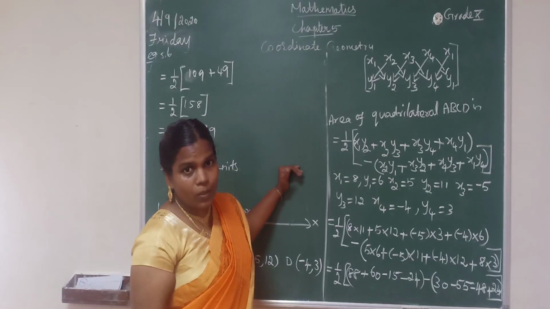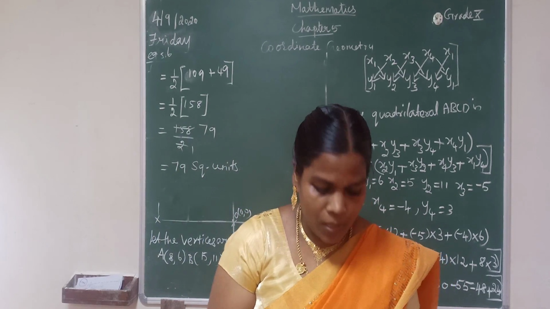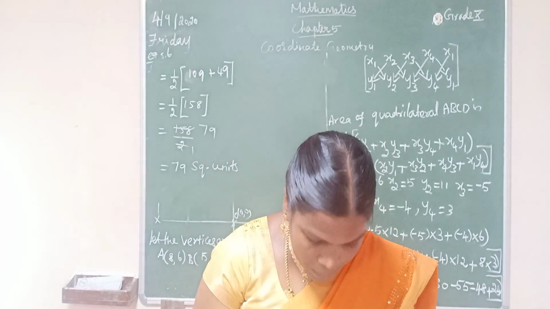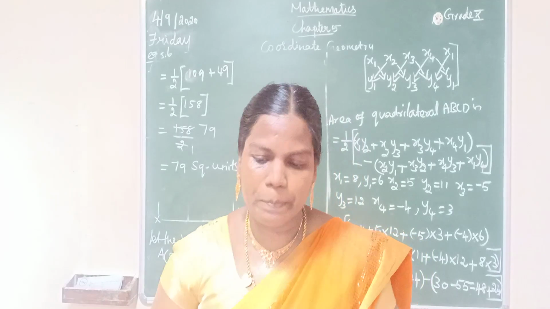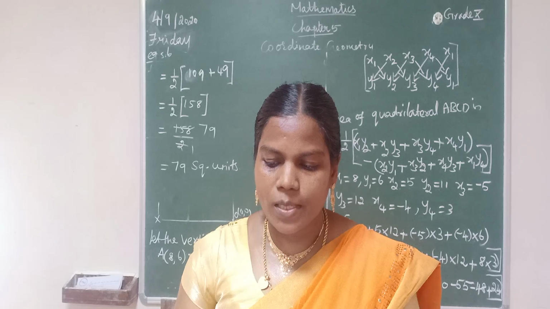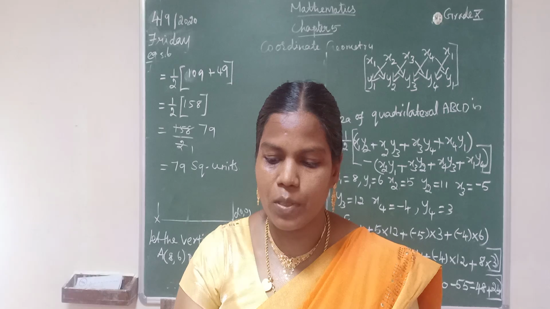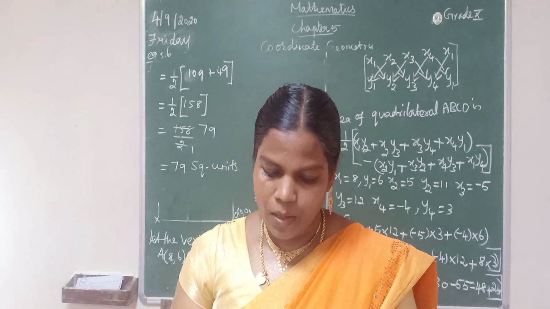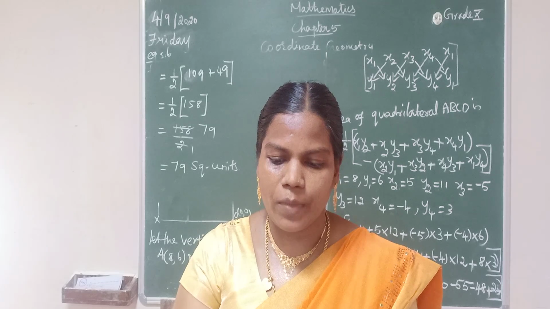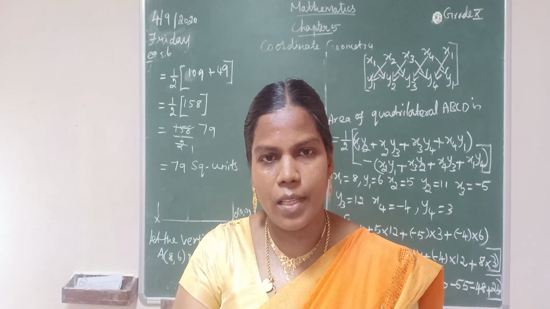This is a 5 mark question, very important, so today itself we have to take practice. Now let's mark the homework. Take page number 209, question number 5: find the area of the quadrilateral whose vertices are at. Two questions are there, both are homework, you can do them easily. As well as question number 7 is homework. Question number 6 we can do in the next class.